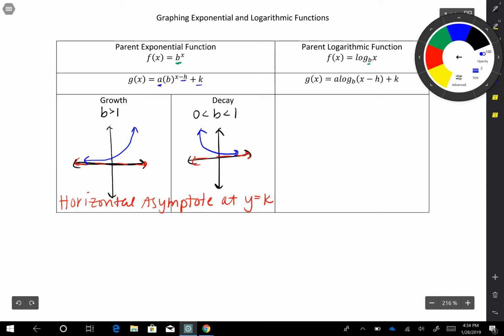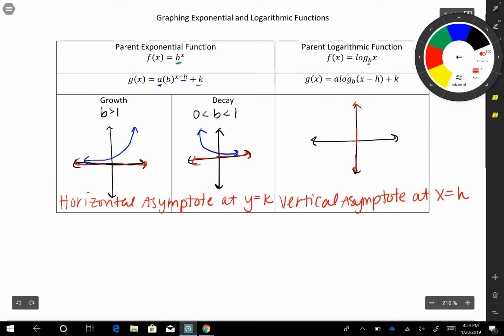Okay, so I had a question today. How do I know if the asymptote is vertical or horizontal? Well, you just have to remember that it's a horizontal asymptote when it's an exponential function. But once we come over to logarithmic, this is when we have a vertical asymptote. That's right here, and that is affected by movements right or left. So vertical asymptote, and that would always be at x equals h. But of course, the parent graph starts at x equals 0, and we have it growing up like that. Okay, so I'm just going to do 2 examples